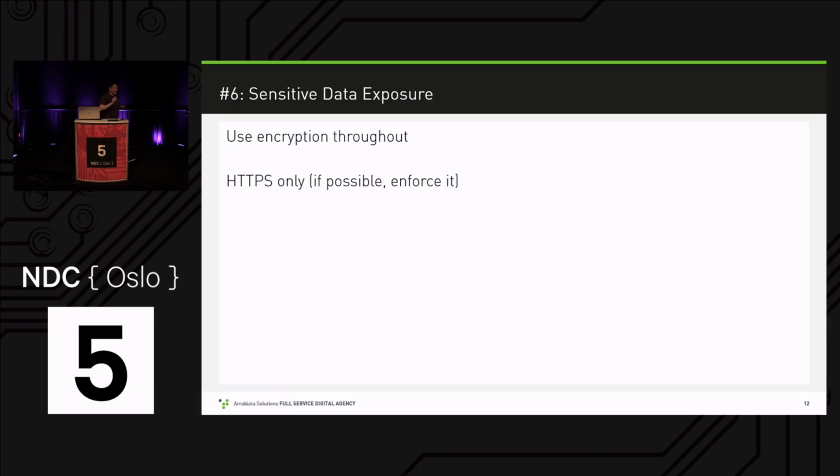But what happens if, let's say, our website, ndcoslo.com, let's just assume that, is using HTTPS. But what happens if I enter ndcoslo.com in the address bar of my browser and hit enter? Well, then the browser sends an HTTP request, and then the server maybe does some URL rewriting or redirection, and then goes to HTTPS. But that first request is unencrypted. So if I happen to have a session ID that's also sent via unencrypted communication channels, and there are ways to avoid this, but still, then, well, we have one unencrypted connection.